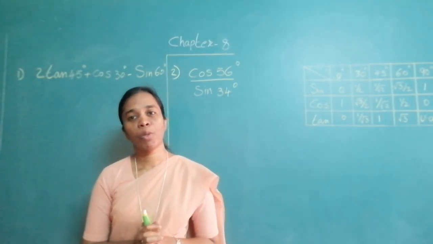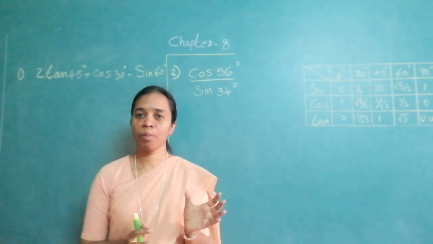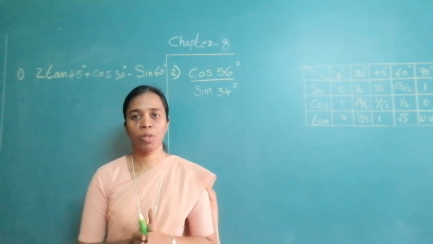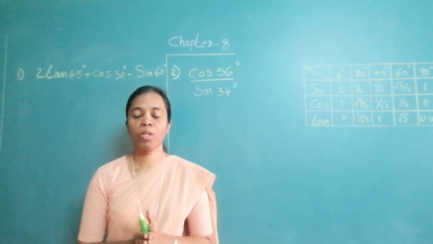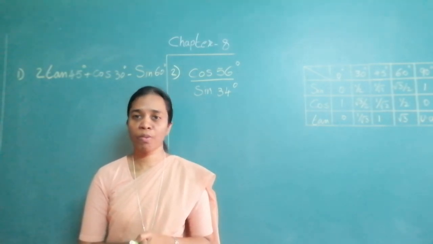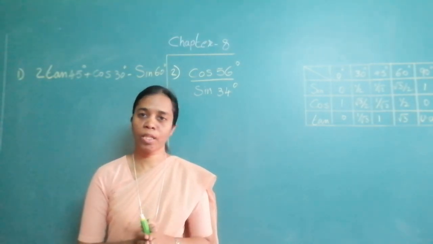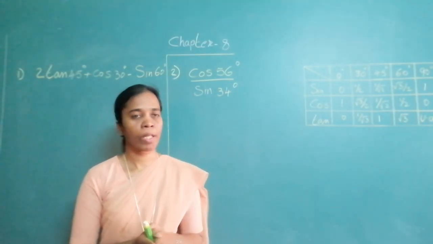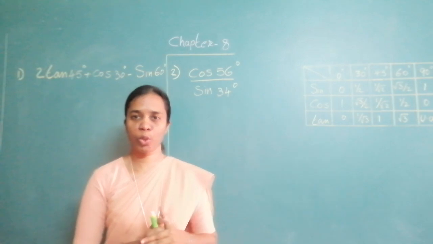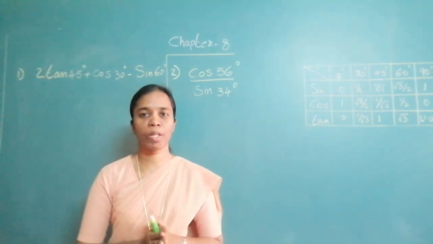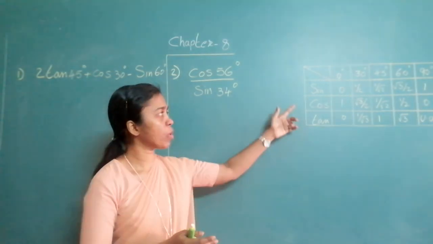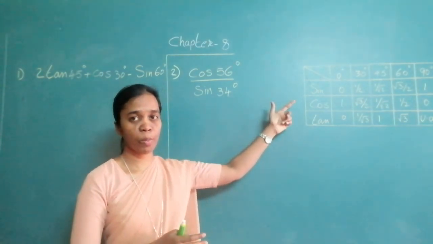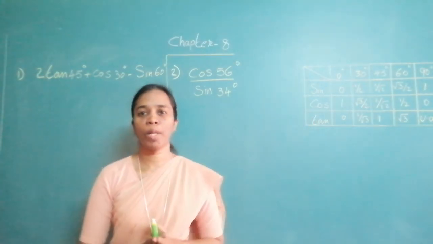Then we have seen how to write the table, because there are some sine angle ratios which are constant, which do not change. For example, 0, 30 degree, 45 degree, 60 degree, 90 degree. These ratios are constant, so we have to learn them by heart, and I have shown you how to write the table also. I suppose this much is clear to everyone. And while writing the table, I told you the first line you should learn by heart. That is 0, 1 upon 2, 1 upon root 2, root 3 upon 2, 1.